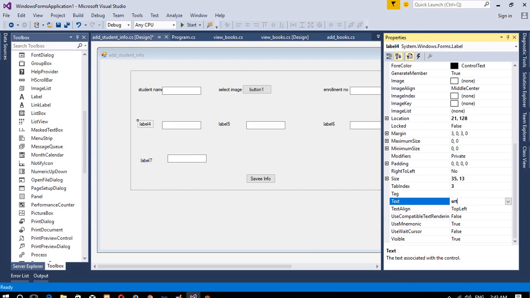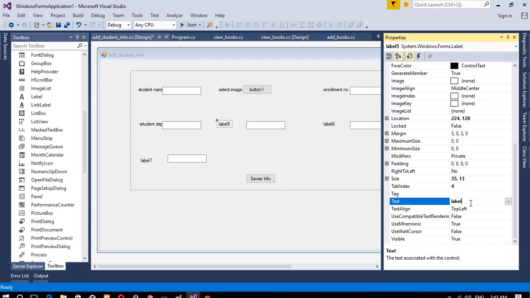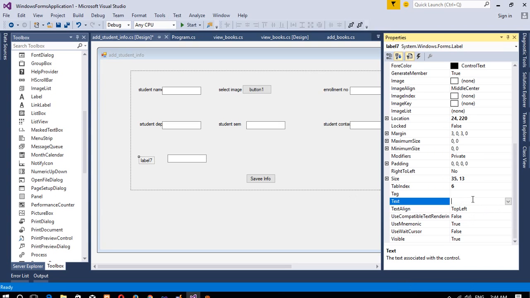Here we need student department. Now here we need student name, student contact number, and here we need student email. Okay,